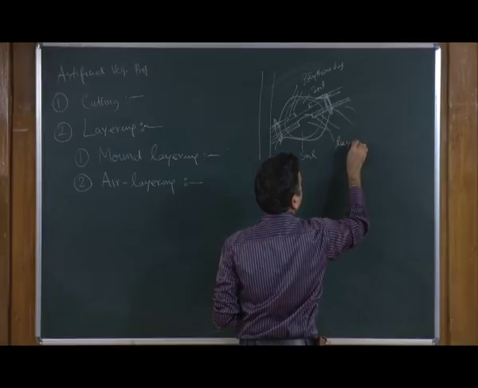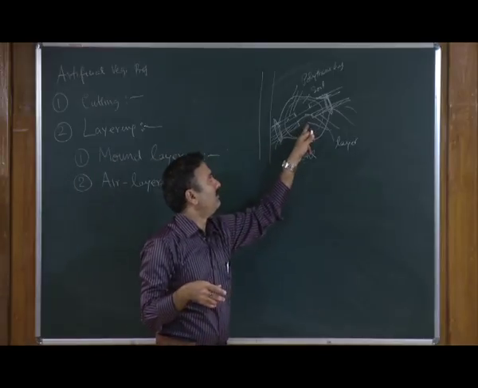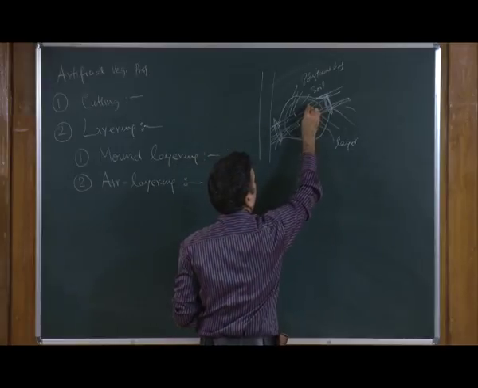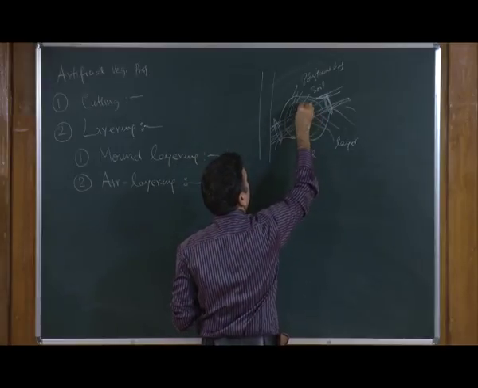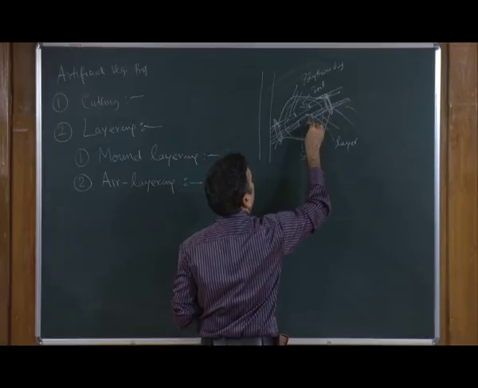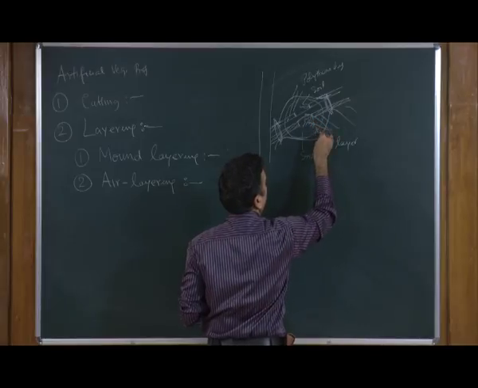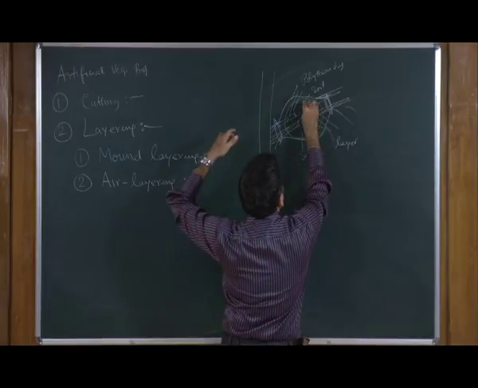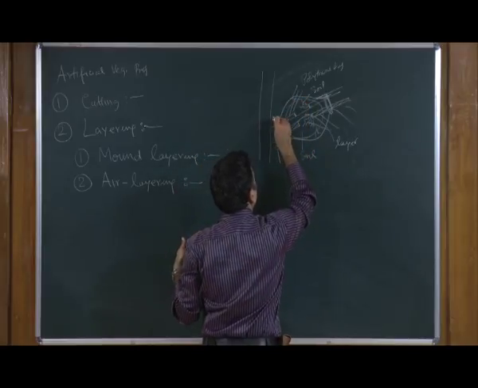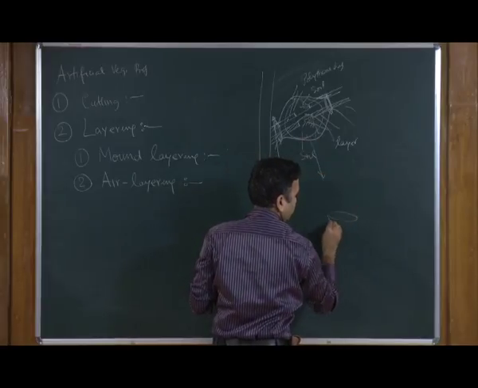As a result, after a couple of weeks, this portion will start developing roots. You can see these roots when they come out from the soil, and that is the time when you can actually cut this branch from this side and put it into pots.